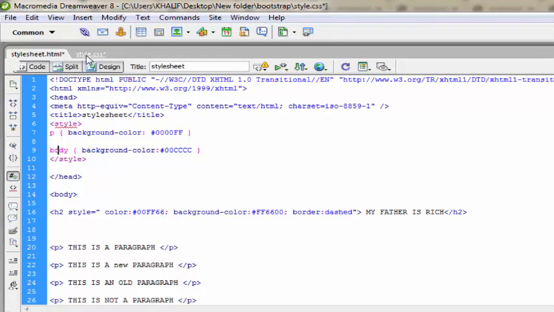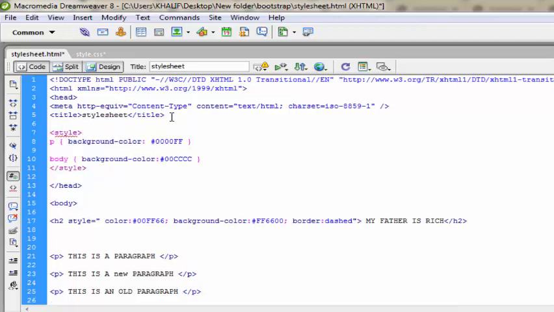And we need to link up these two documents together using a particular code here in the header. Let's come down here and link all this up using this code. That's a link.